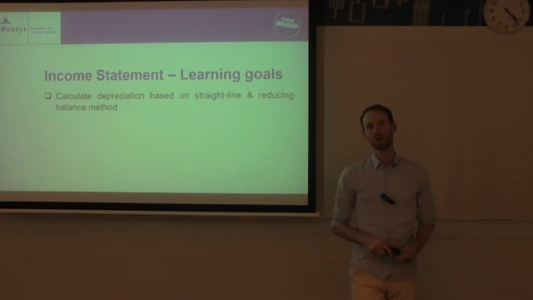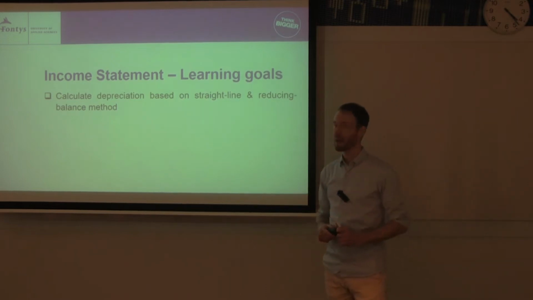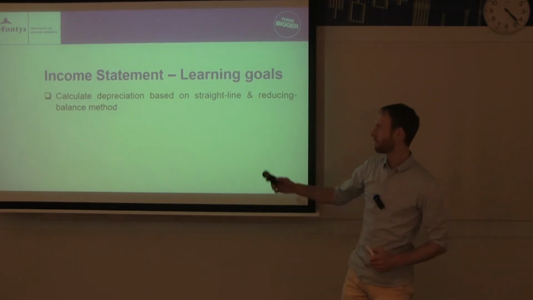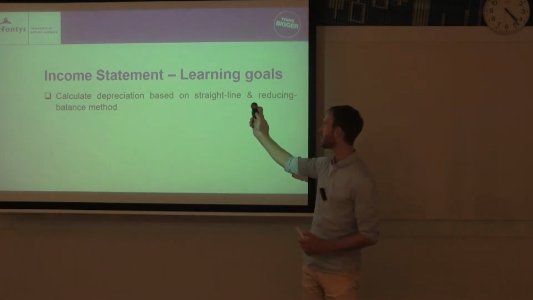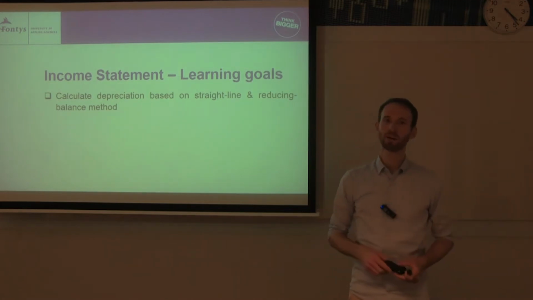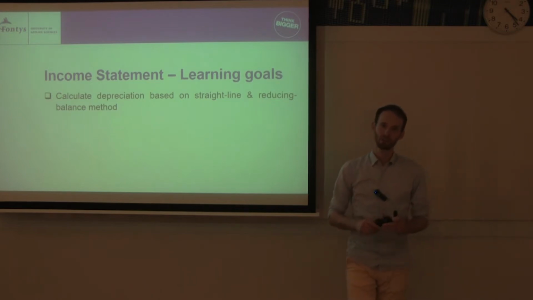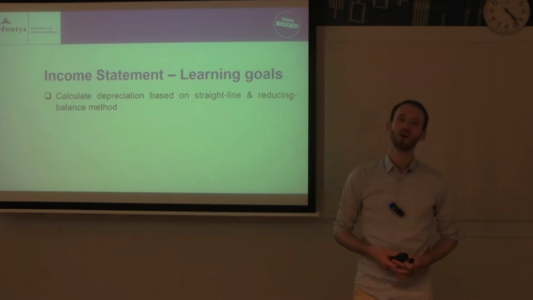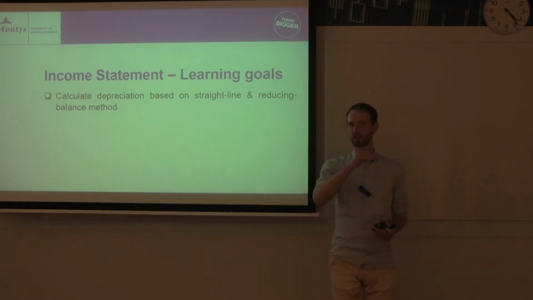Let's now come to one, let's say, larger learning goal that we have to tackle when we look at the income statement. It's calculating depreciation based on two separate methods, the straight line and the reducing balance method. And as I told you before, depreciation is the loss of value of a non-current asset. So if your phone or your computer or your car is losing value from year to year, this is